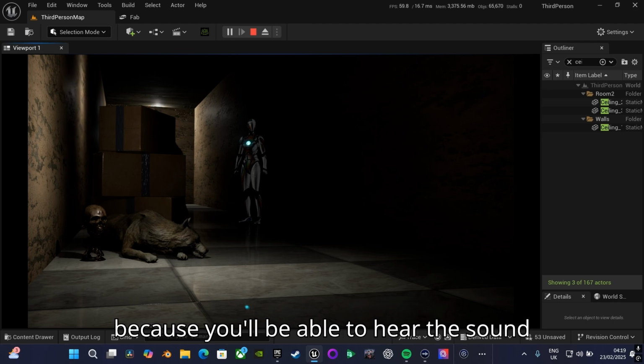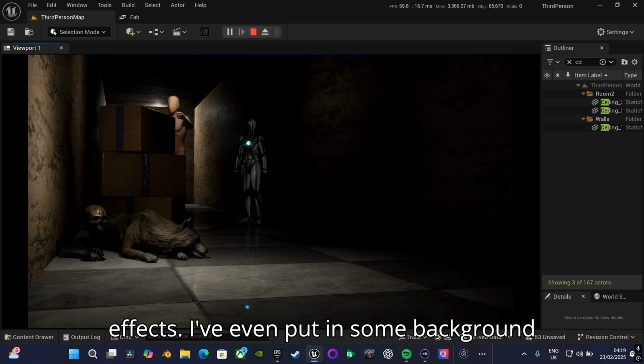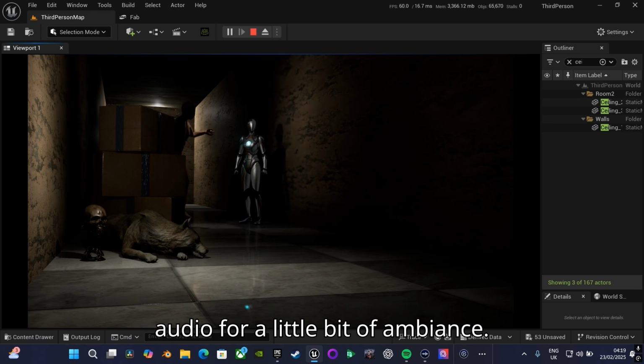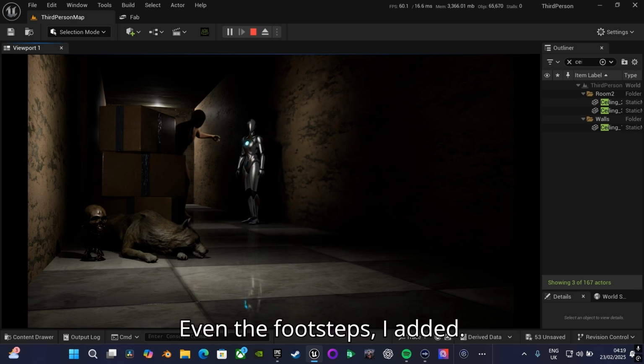So I hope you're wearing headphones because you'll be able to hear all the sound effects. I've even put in some background audio for a little bit of ambience. Even the footsteps I added,